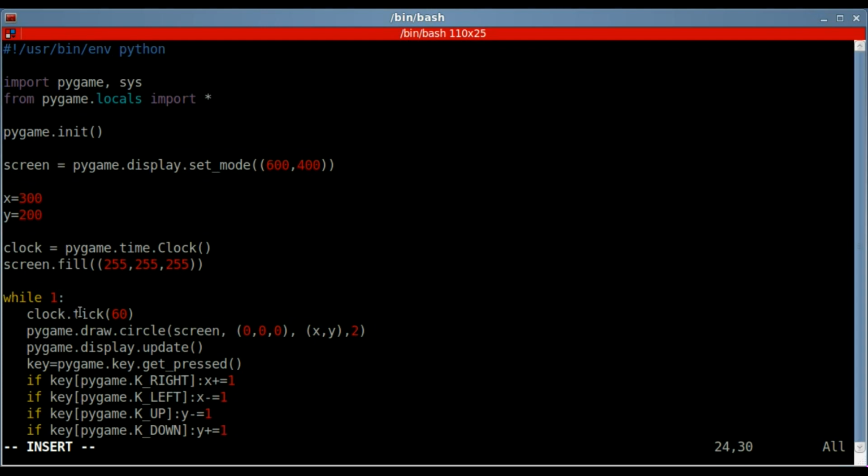Now we're in a while loop, so everything we've typed so far will happen every single time, 60 times a second in theory. So every time it loops, it's going to draw the circle and then update the screen, then check what keys are pressed, move X or Y, and then draw the circle again, and so on. So we could actually go and play the game right now, but let's add